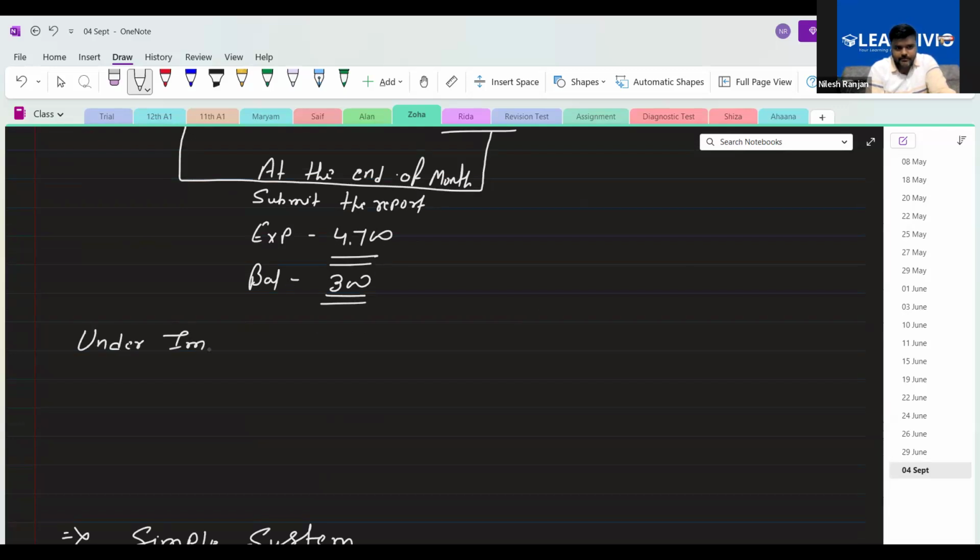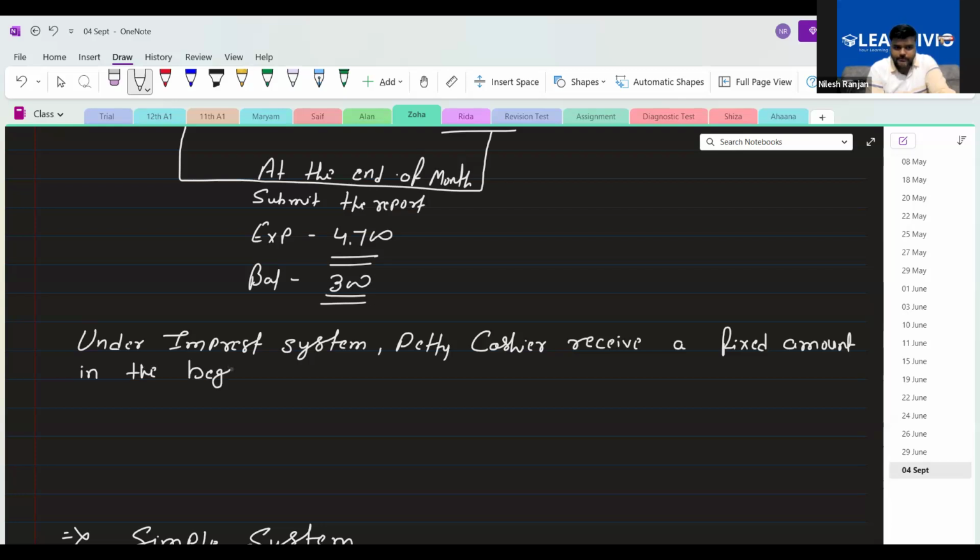So under the imprest system, the petty cashier receives a fixed amount in the beginning of every month, and after completion of the month, or at the end, you can say, after completion of the month,